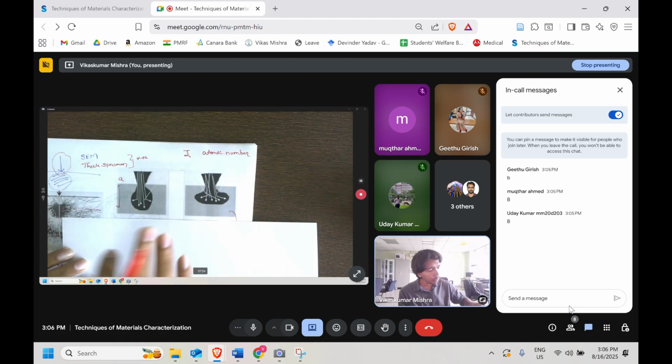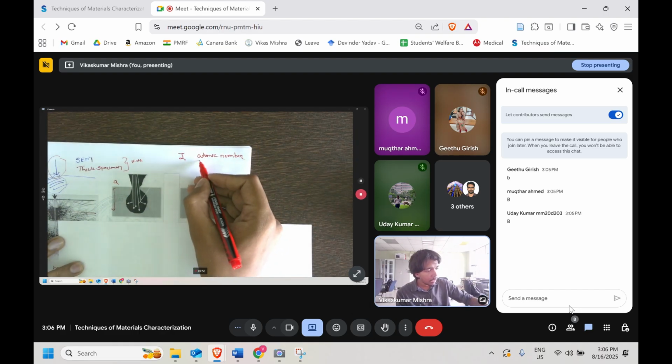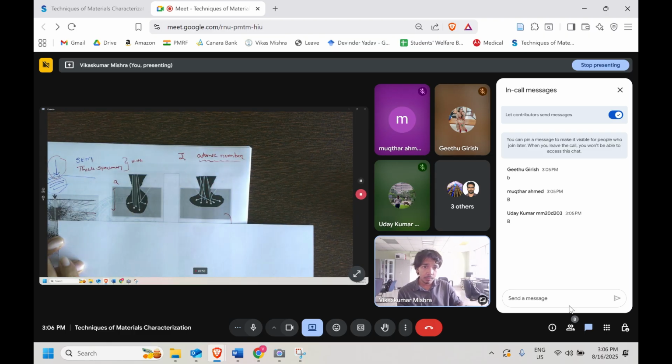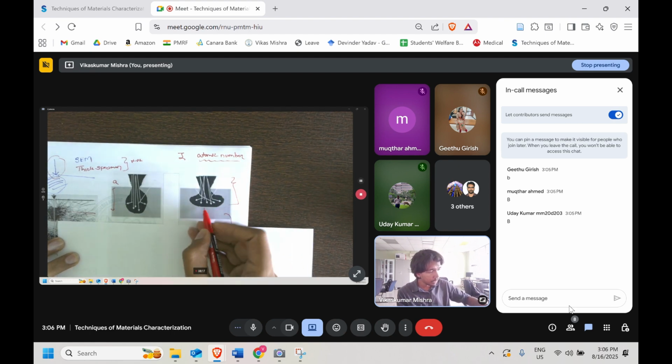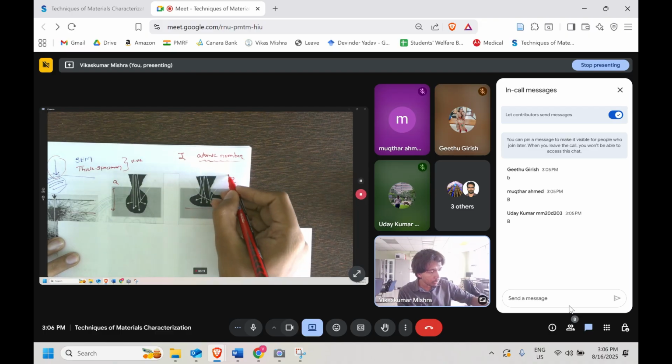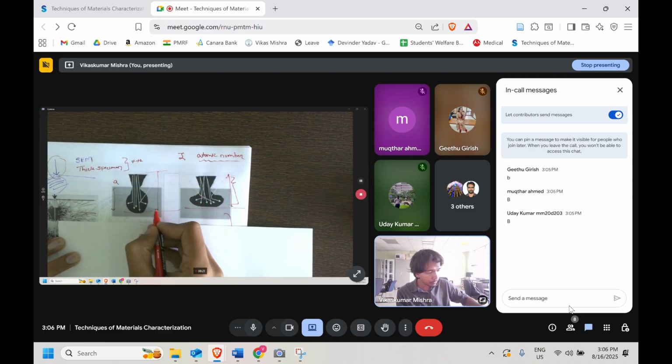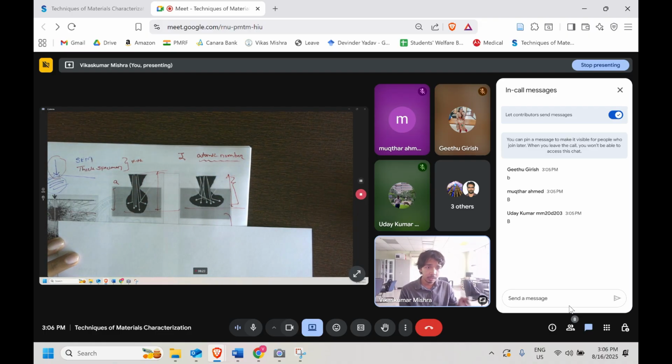So what will happen, the higher Z atom, having more nucleus and all, will interact more. The thing is that their interaction will be quite large in the near section itself, because they will try to absorb all the energy of the electron quite early. So in that case, here the interaction is this much. Here the interaction is this much. One will think that no, here the interaction is more, but the thing is that